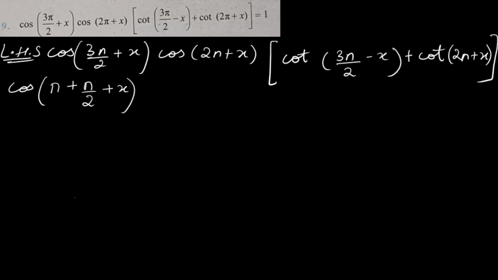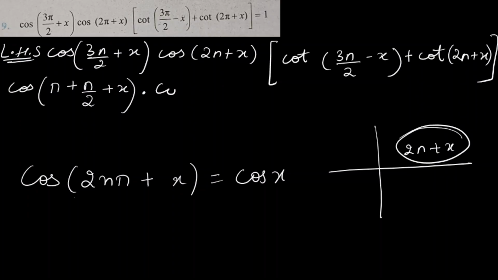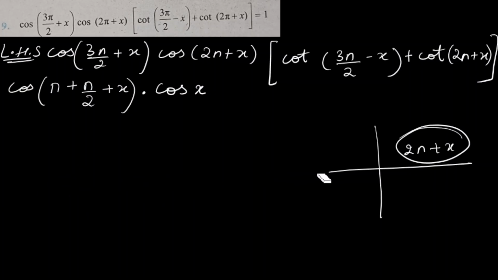So x as it is, I am writing cos 2 pi plus x. So cos 2 pi, first of all we know this thing, cos 2n pi plus x is equals to cos x. Now 2 pi plus x, like I told you, this is first quadrant. So first quadrant, all trigonometric functions are positive. So this we can write as cos x. Now